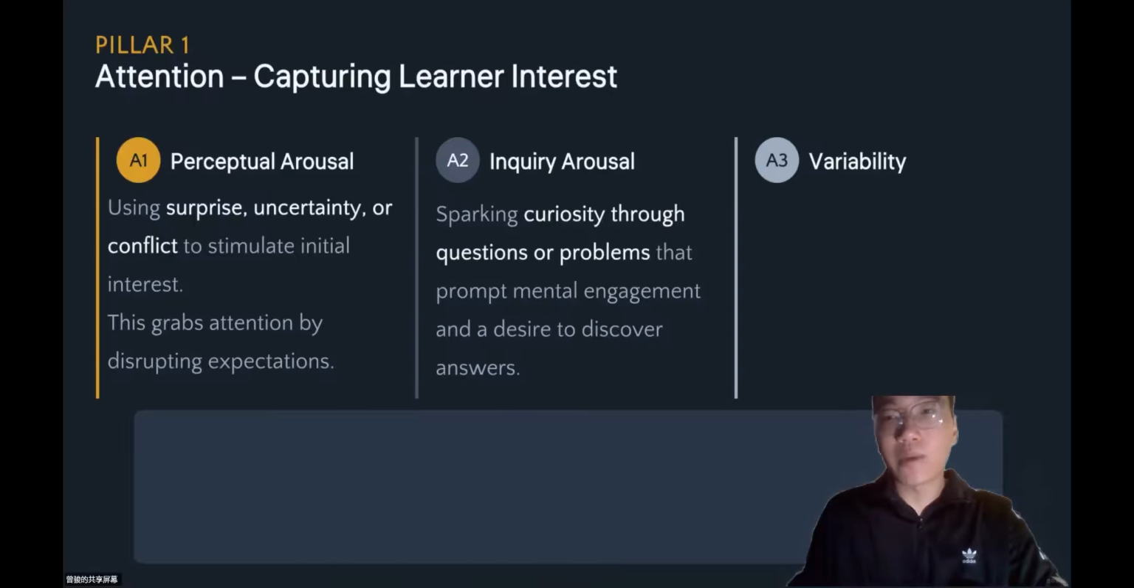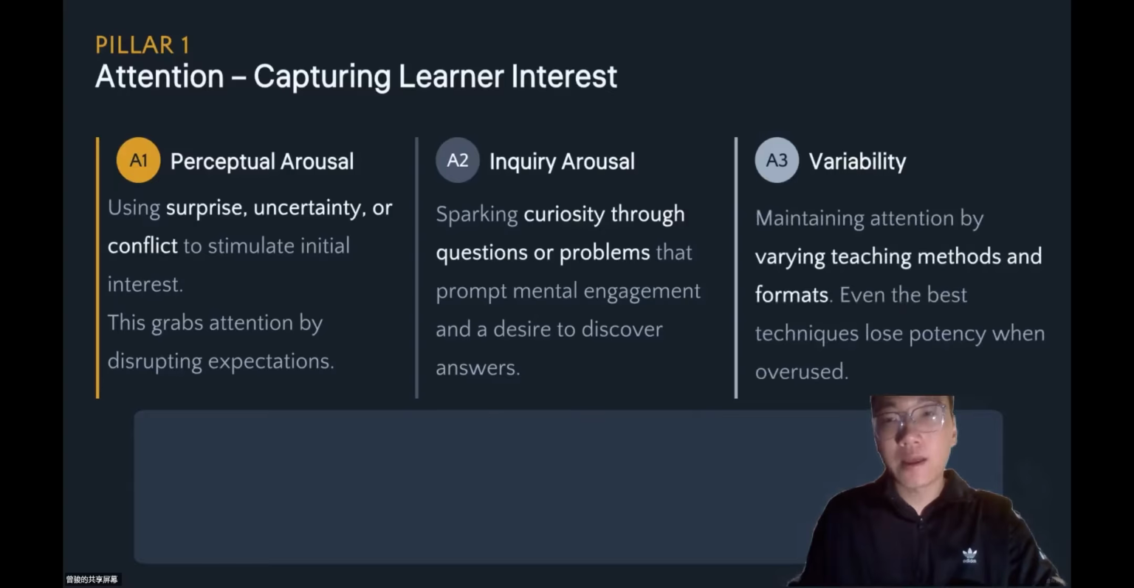Third is variability. You should maintain attention by varying teaching methods and formats. Even the best techniques lose potency when overused. I will give you a specific example